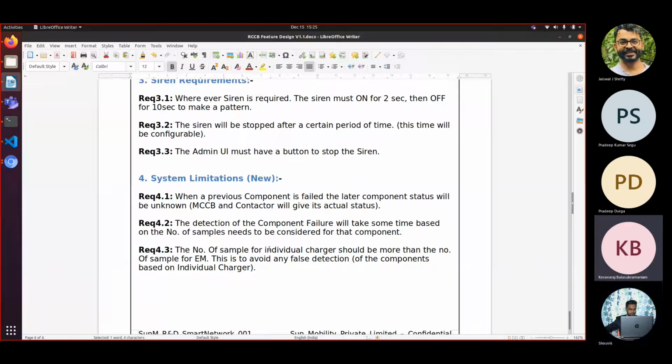Shravik, one suggestion on this: wherever you see a requirement that is not valid, just strike it out, don't delete it. Give the strikeout or a red color saying this is no more valid, so that the documentation will be up to date. The portion of the diagram flow also, wherever it is not valid, make it red or strike it through so that people can understand that this is no more valid. Actually, this should have been done while releasing the corresponding release itself, but no problem. Even now you can do it. Sure, I will do it. Sure, okay, sir.